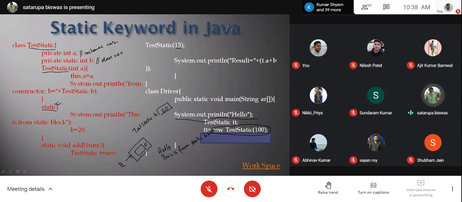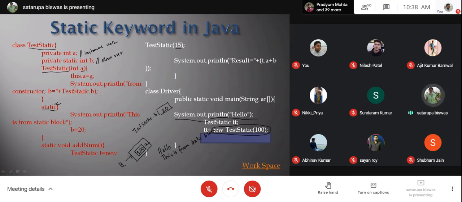Here you have a location for keeping the value of a, that is your instance variable. Now you come to the constructor and you send this 100 to this a, and through a, this instance variable will be initialized with 100.